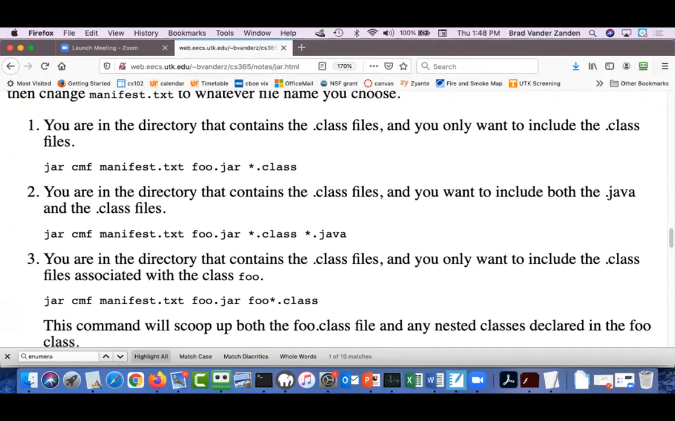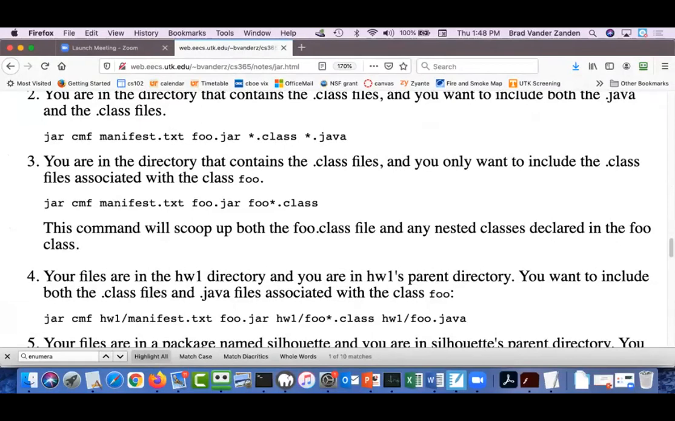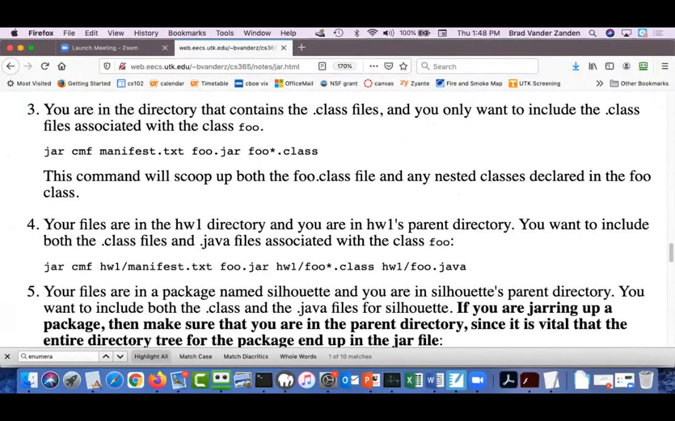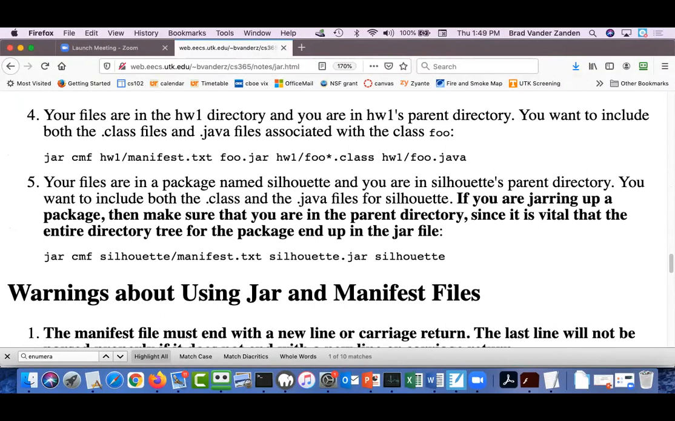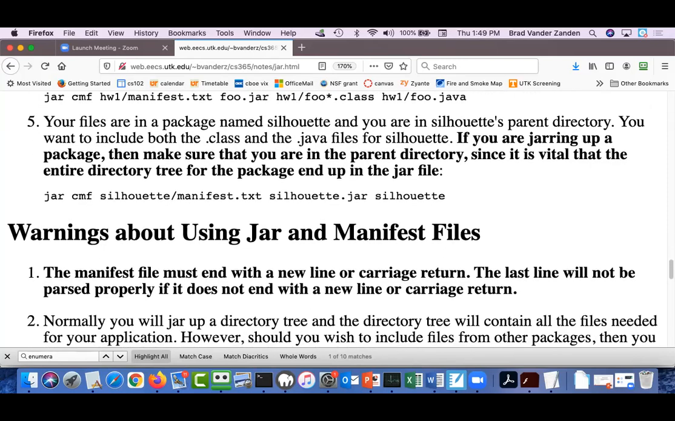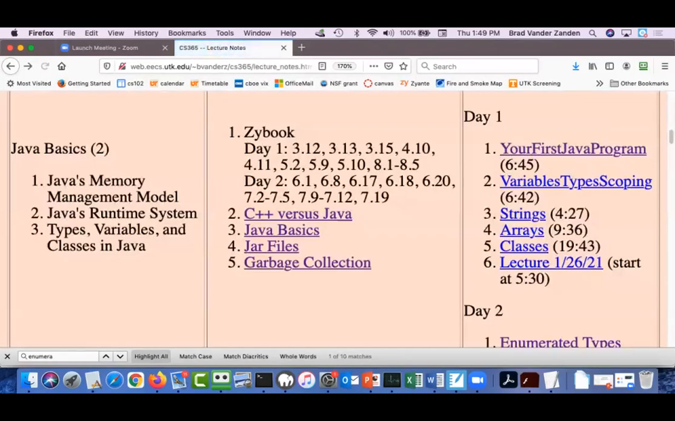Okay, so I gave you some examples, so feel free to do them. When we get to packages, we will come back to jar files because there is stuff associated with the directory trees and the like that's important then. But for the time being, all you have to do is, for each of the different problems in the homework assignment,